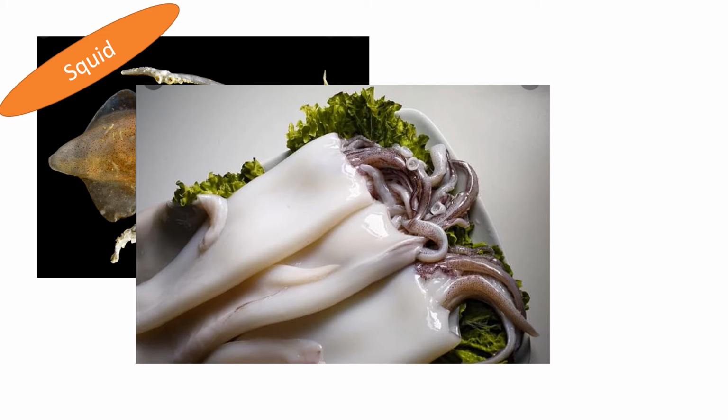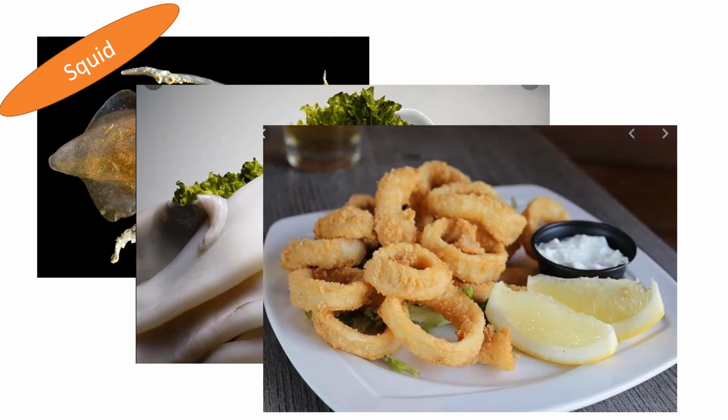It's got a slight fishy flavor. You would use it for making black color pasta also. So the blackness of the ink gives the pasta that particular color. These are squid rings or calamari rings. They are slightly different, by the way. Squid and calamari are slightly different. We'll talk about it shortly.